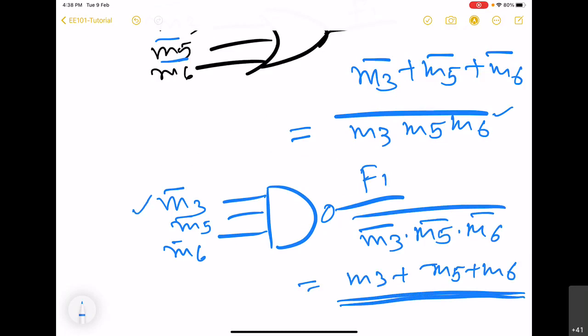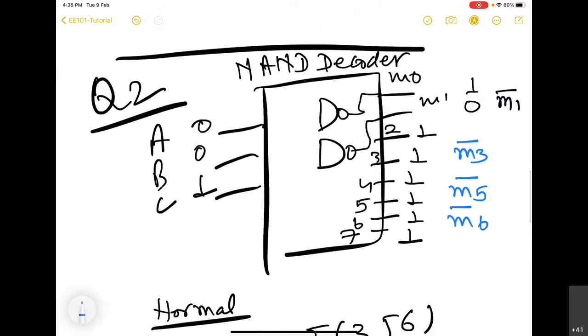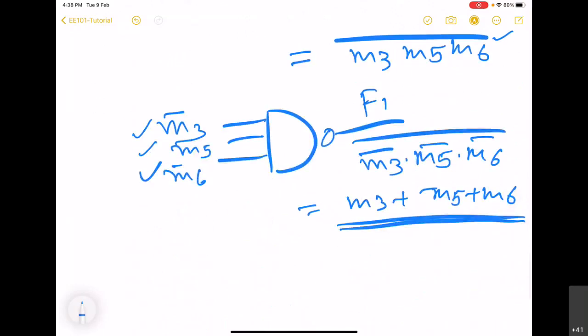And since we are given the complement, we can take the output of this decoder, which is the complement, this M3, M5 and M6, which will actually be bar of them, and give them to a NAND gate like this.